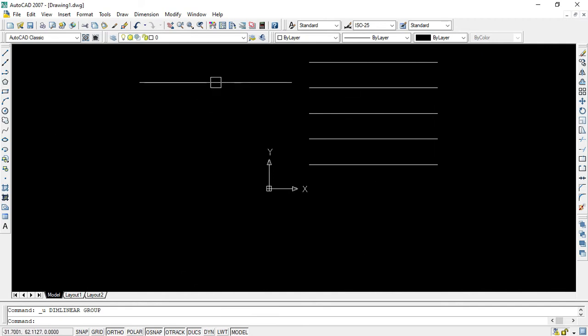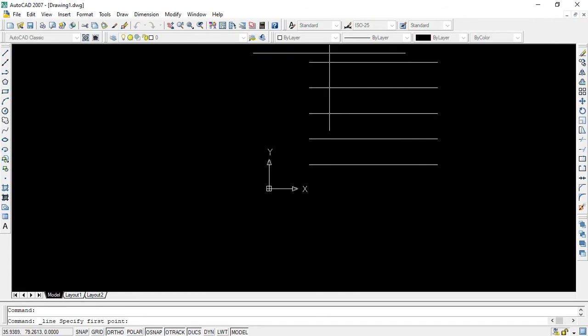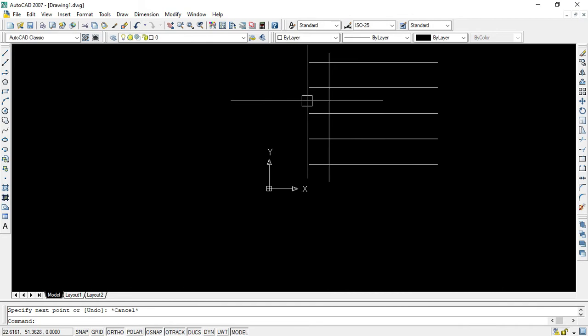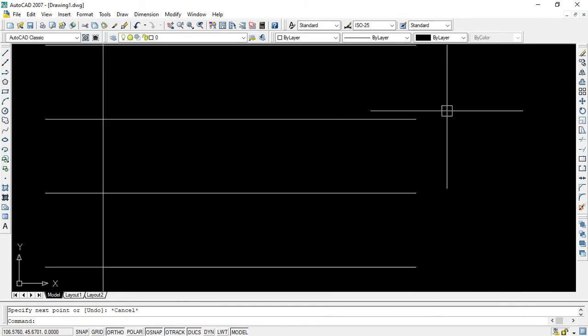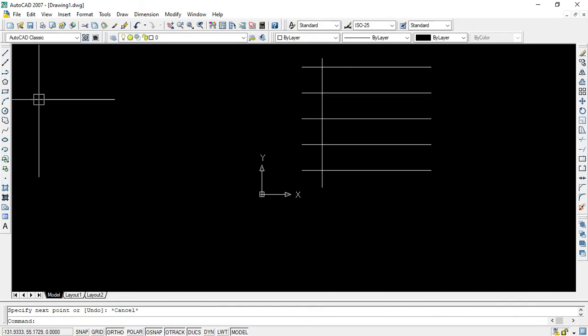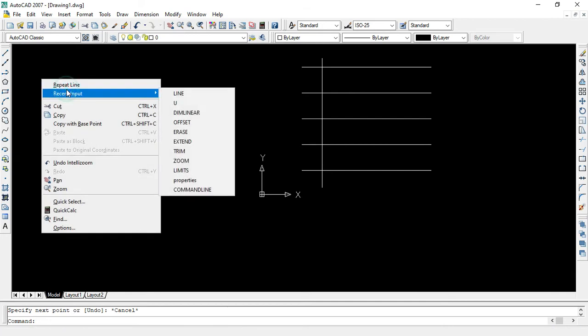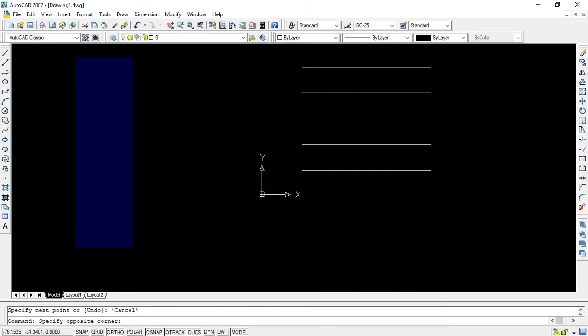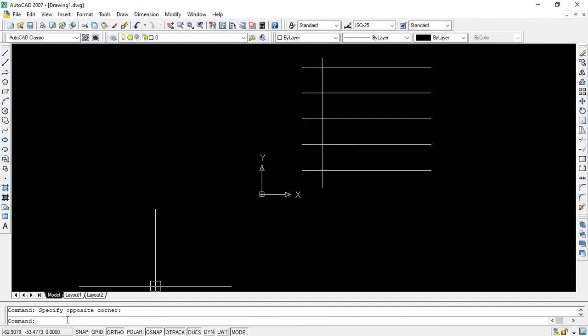Anyway I will show you one more time. Suppose draw one line. Suppose you have to draw some other lines in this position, then you can simply use the repeat line option, or you can use the command offset. So I am going to use the offset.